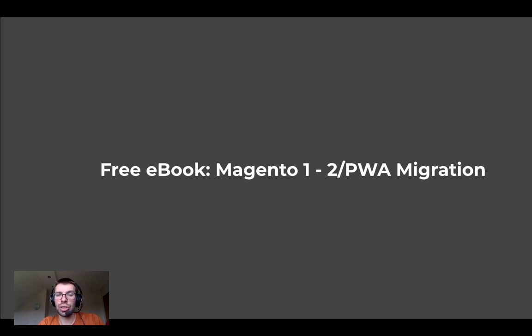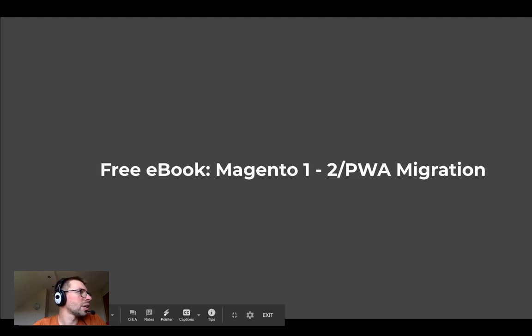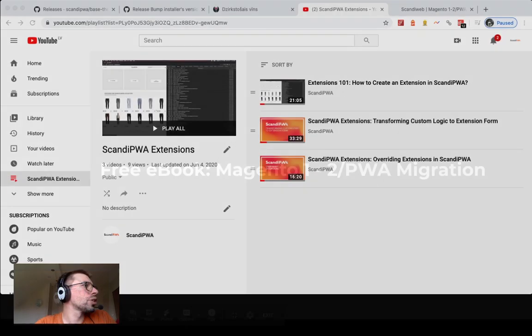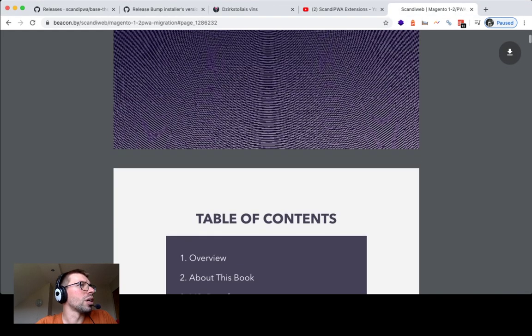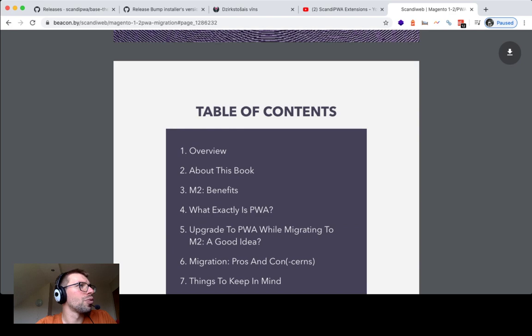If you are a merchant or agency working with your customers, most likely you already thought about migration, and you know that this migration brings a lot of challenges. So in this ebook we are covering a lot of topics and providing answers to all of your questions related to migration. Here you can see the table of contents, so it has an overview,